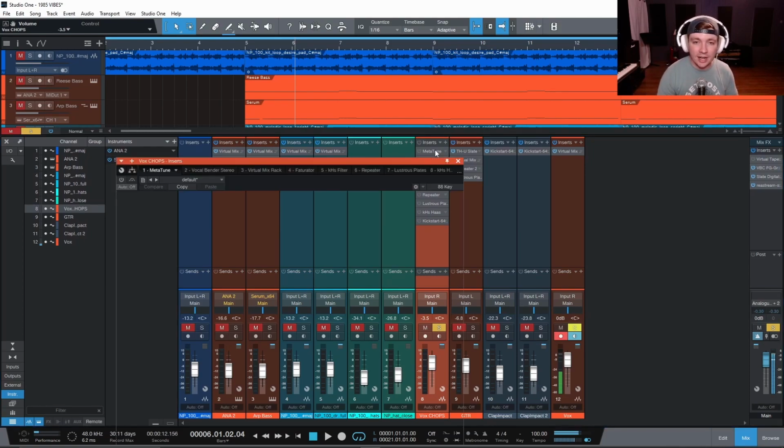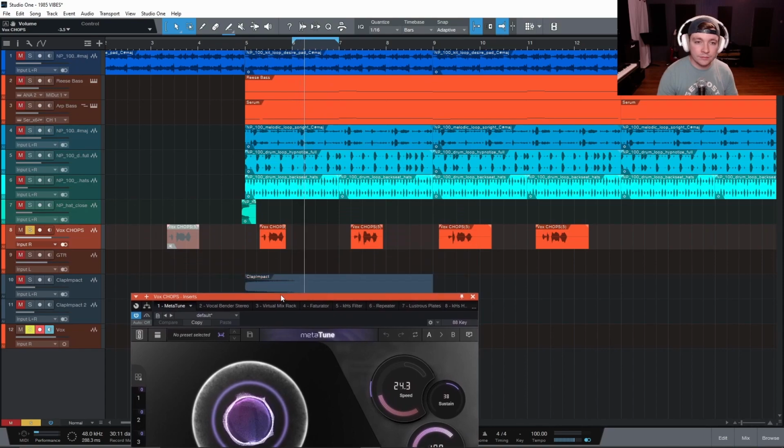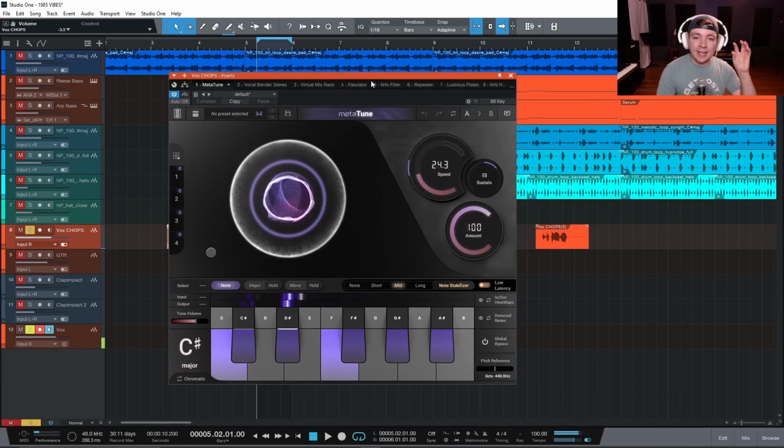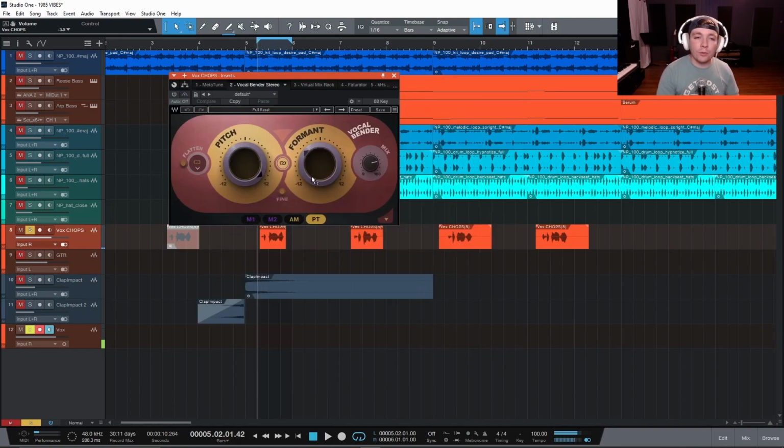this chain. So here I have a little bit of Melodyne. "I'm stuck on you." And I'm really just kind of clamping down on that vocal and making sure that everything's really in pitch. "I'm stuck on you." Now I have Vocal Bender here, which I am pitching up 12 semitones and I'm bringing the Formant down by -5. Gives me this vibe. "I'm stuck on you." And I'm also blending it in so that way you can still hear my original vocal